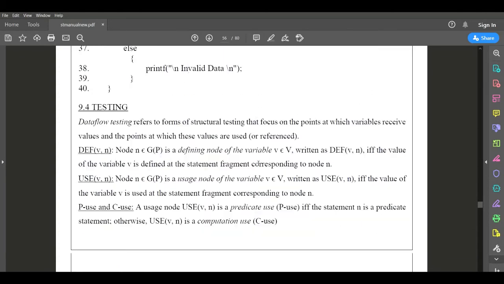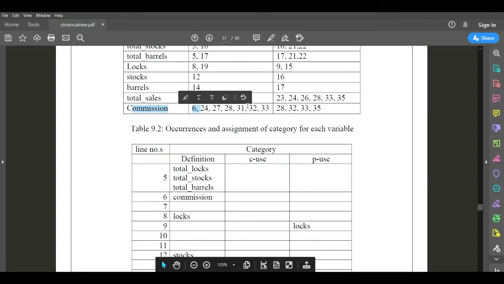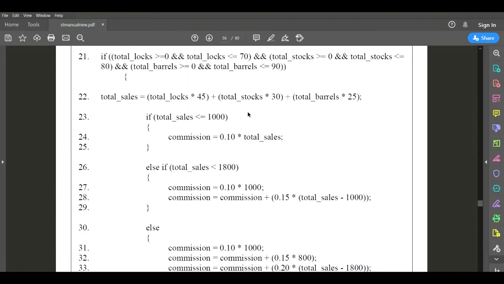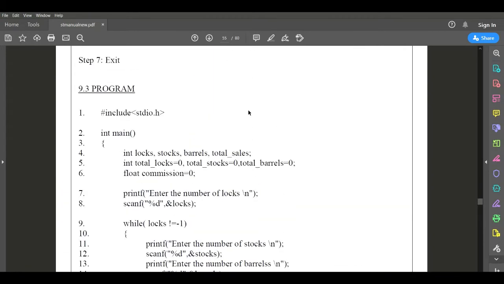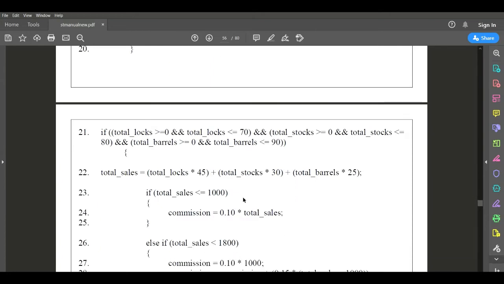Okay, done. Similarly I need to move to the commission variable, where we have defined commission. Commission is initialized the first time in line number 6. Where are we using that commission value the first time?